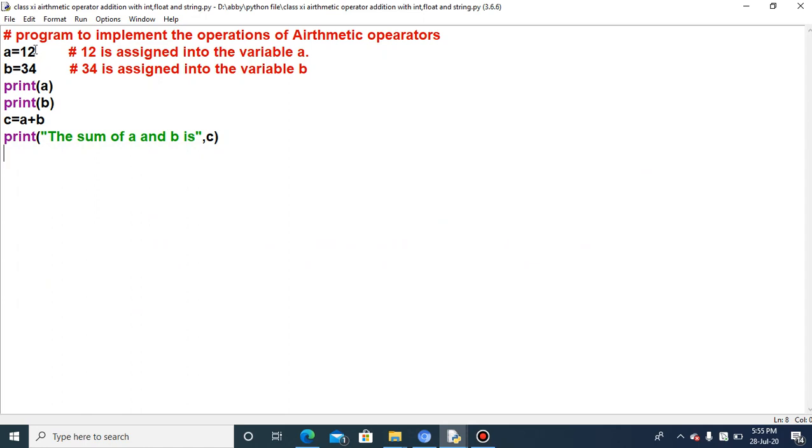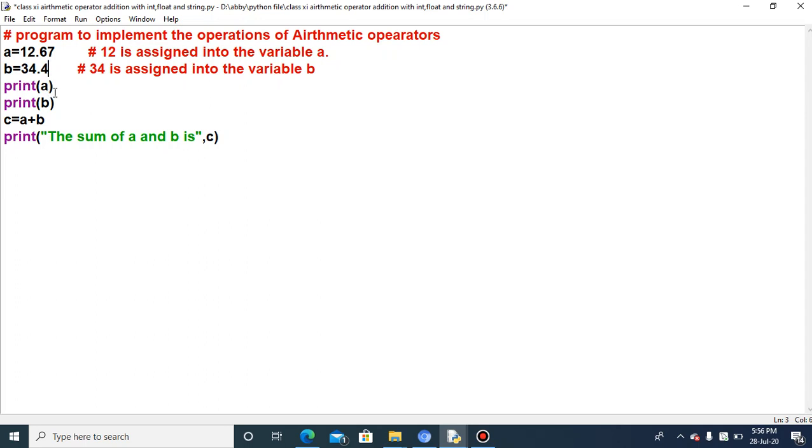Suppose I want to change the value of A from integer to float. To make this value a float, I will write 12.67, and here 34.4, and these two values will now be added. Now the value of A is 12.67 and the value of B is 34.4.